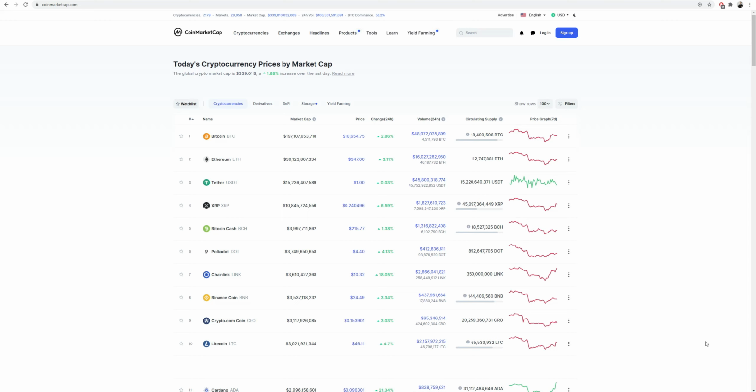In the meantime, CoinMarketCap shows us $106 billion in 24-hour volume, with a market cap sitting at 339 at the moment. BTC has been able to recover a little bit in the last 24 hours, while Ethereum is having a slightly bigger increase. Still, within the last 7 days, we were in a total downtrend